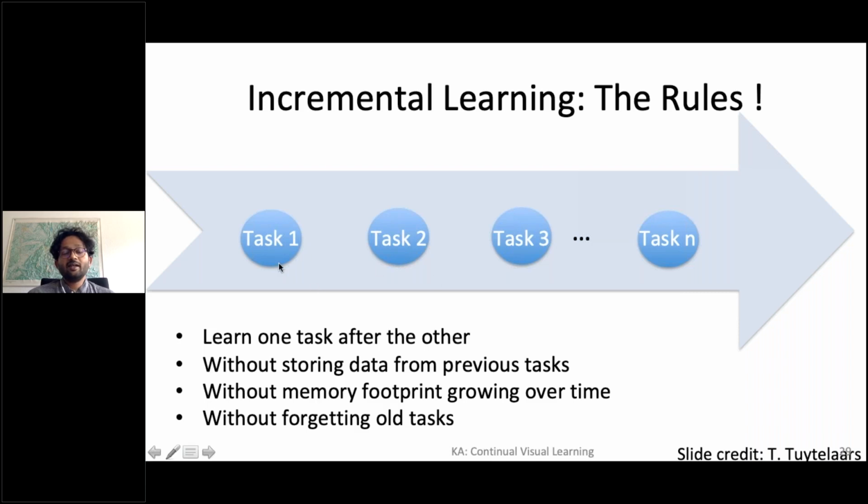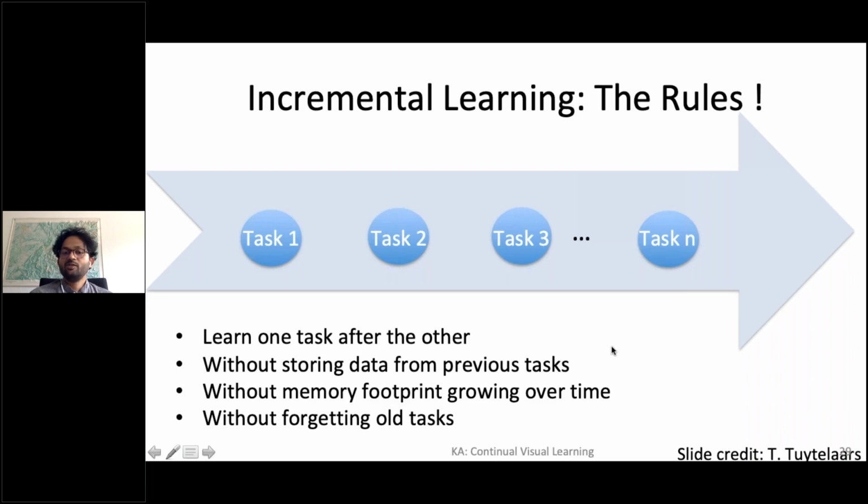Okay, ideally we also want to be able to do it without storing data from the previous tasks, right? This would avoid issues such as privacy and issues with being able to store all of the previous data samples, etc. In addition to this, we also want to have a reasonable memory footprint for our model,